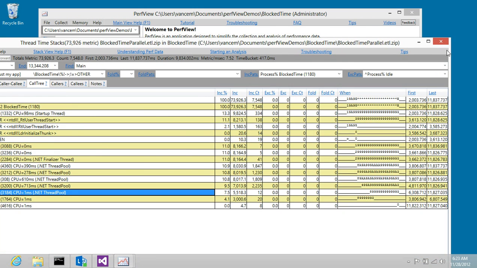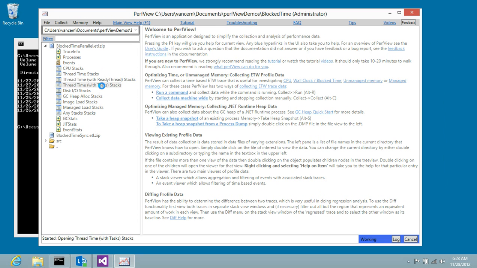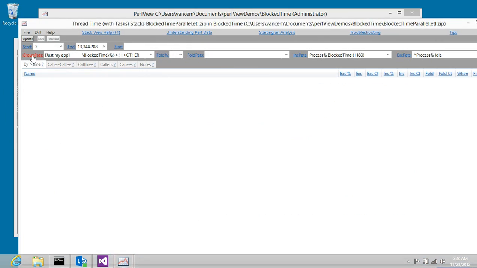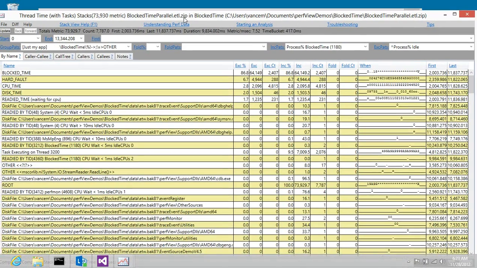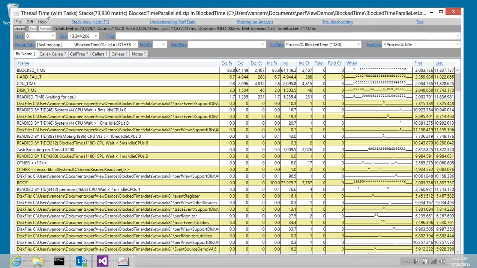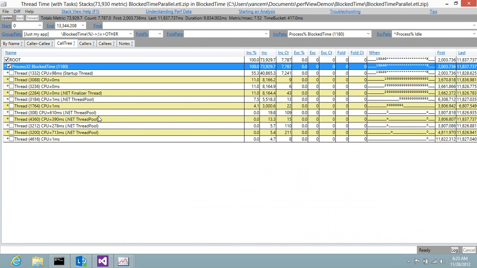And the way we're going to do that is this other view called the thread time view with tasks. I'm going to open that up for a second, and again, I'm going to go to block time, and talk a little bit about what this view does. It looks a lot like the previous view. In fact, if you opened it up and we went to the call tree view, it's going to look surprisingly similar,